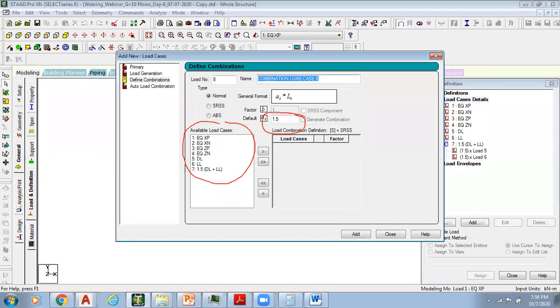And again 1.5 times the dead plus wind load, no wind load, earthquake, EQ X positive. Copy it. So dead load and then EQ X positive, add. This combination has to be repeated three more times because there are earthquake forces in the remaining three directions also. So instead of positive, I can say it's negative now. So dead load is done, negative is done, right? Add it. Likewise, I need to add this list of combinations to the structure, right?